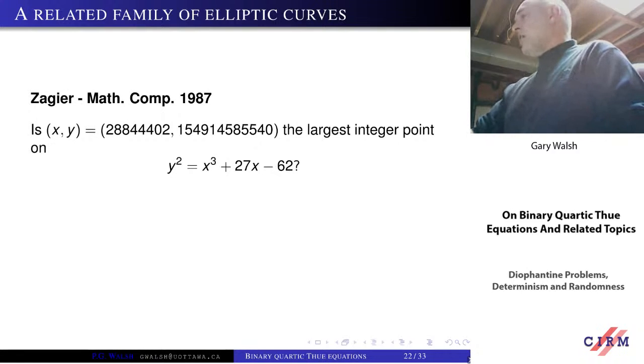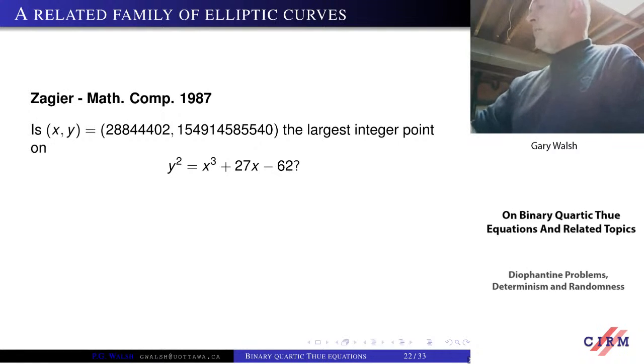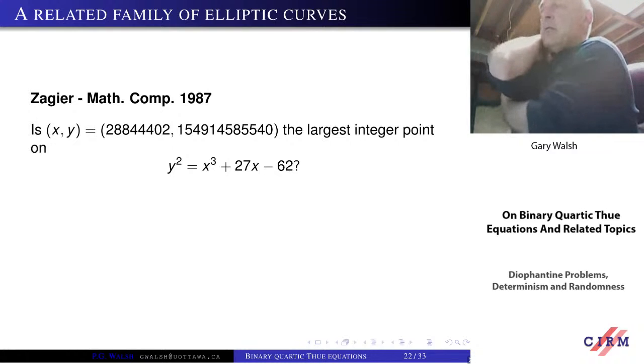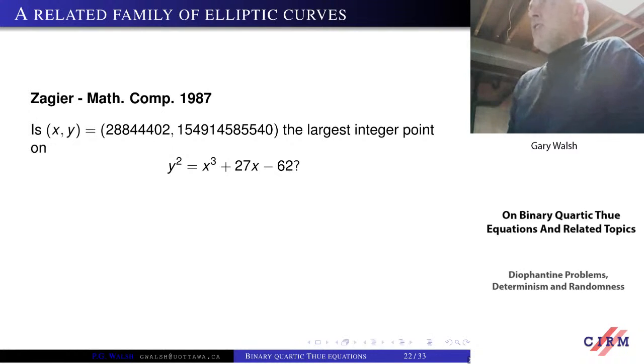Okay, for the last part of my talk, I will go through rather quickly because I see that I'm running out of time. There's a theorem that Pingzi Yuan and a colleague of his, Lin, and I proved, and it has to do with a question that Zagier asked a long time ago. I believe this is from a paper, Large Integer Points, from 1987. The question he asked is whether or not this large integer point is the largest integer point on this elliptic curve of relatively small height.